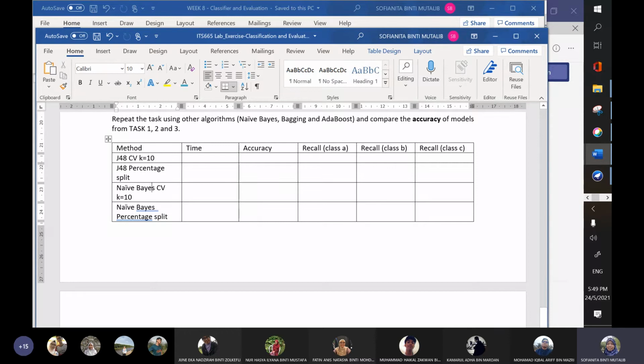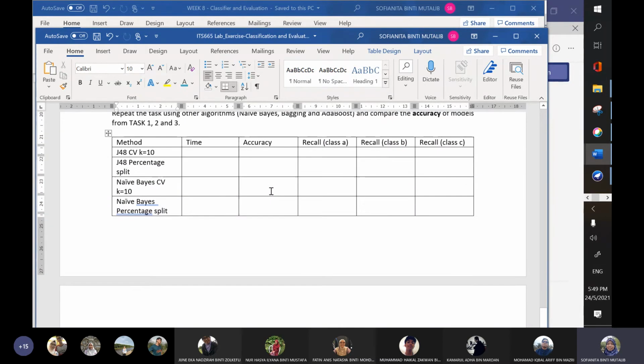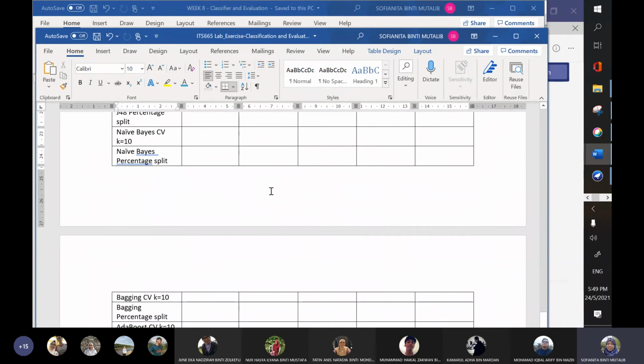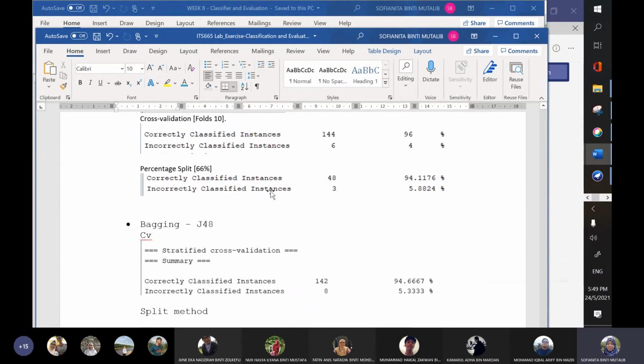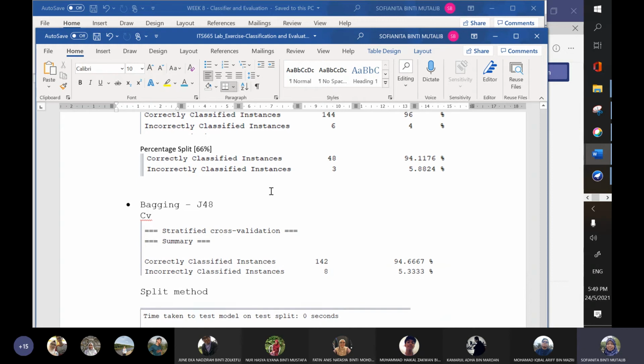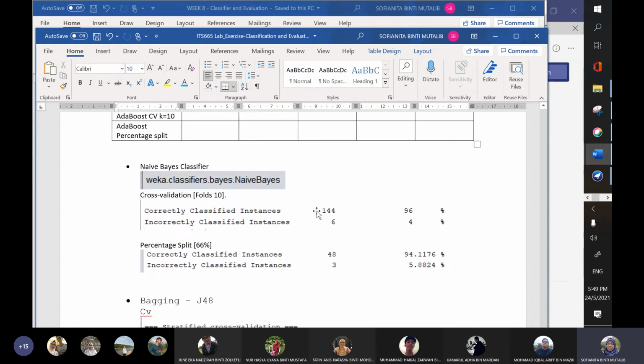Interestingly, you can try later on with another data set and observe how the machine learning algorithm behaves. This part is quite important in relation to the task that will be given to you, which is the group project. Before I move to the group project, if you want to ask anything about this.